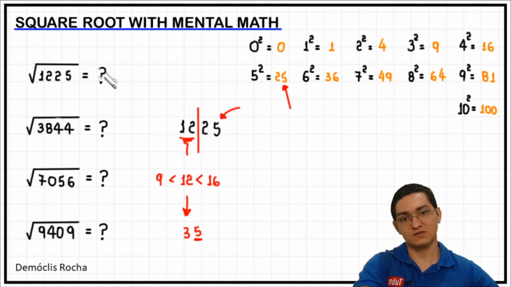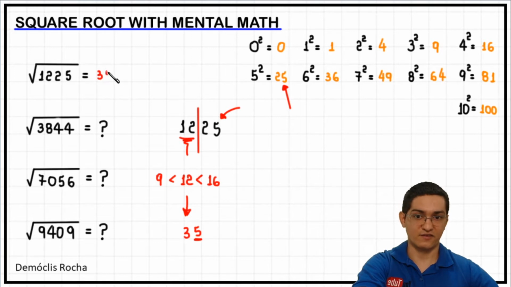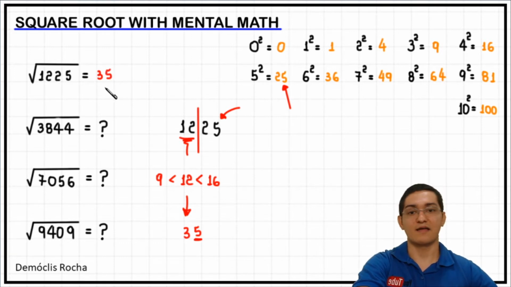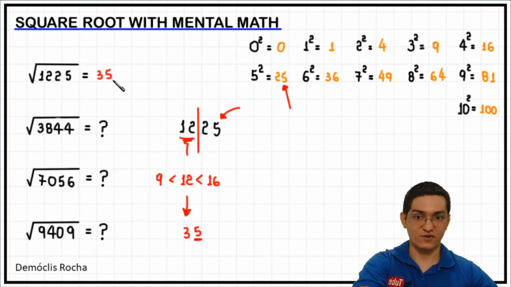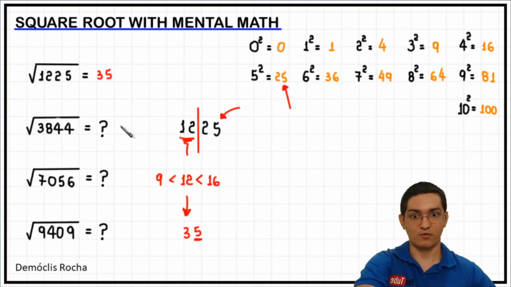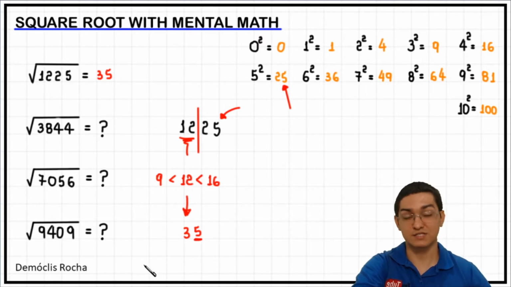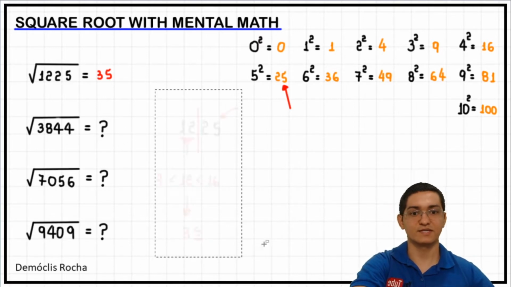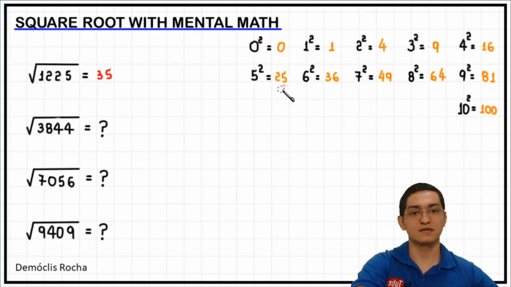So we can say that the square root of 1225, well, that is 35. That means if you multiply 35 times 35, you will find 1225, okay? I will show you a few more examples so that you can understand better. Let me erase this. And now we work with